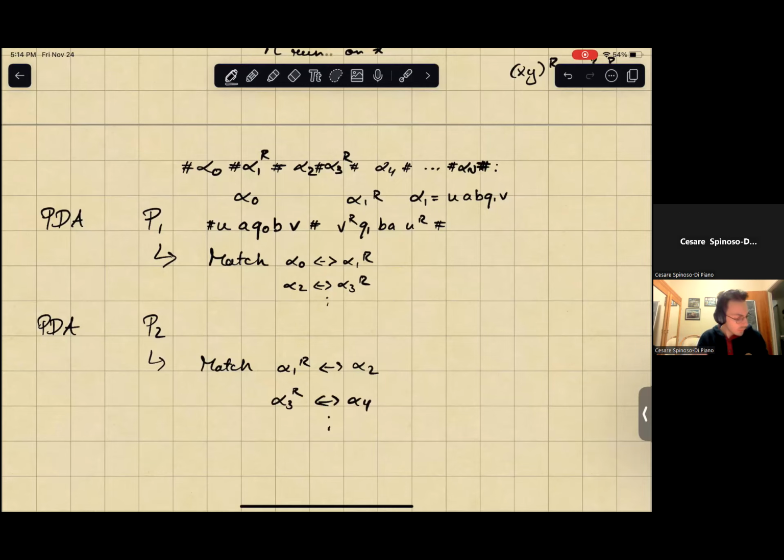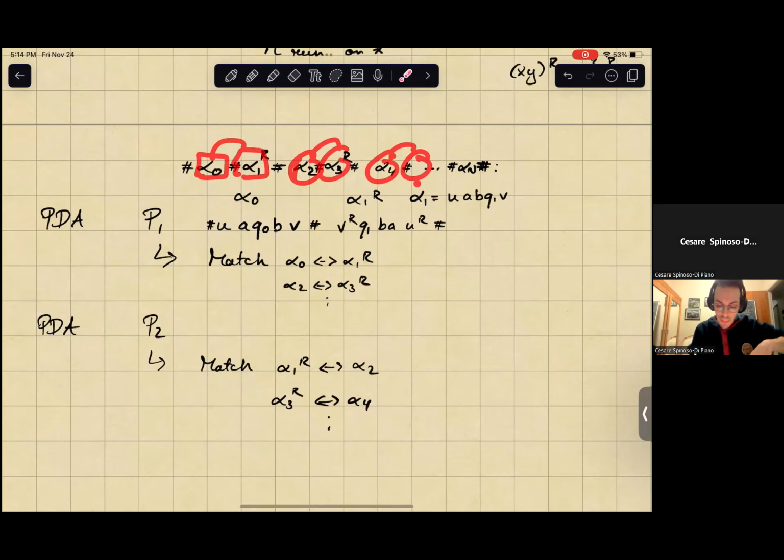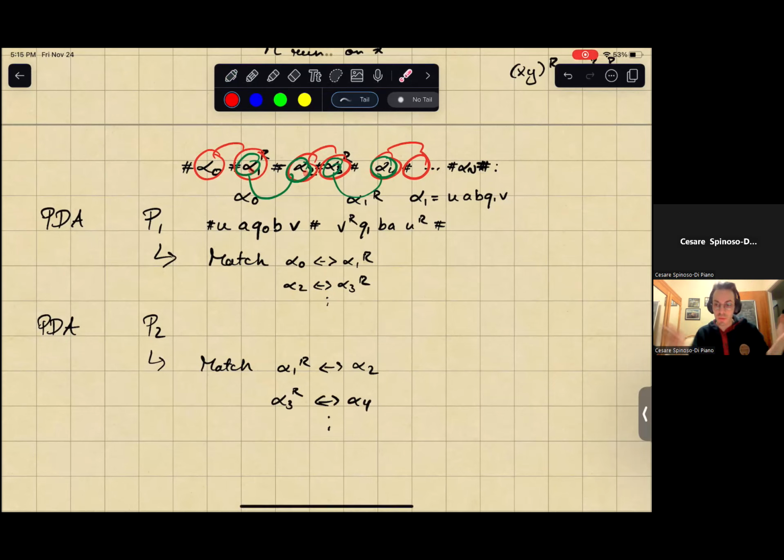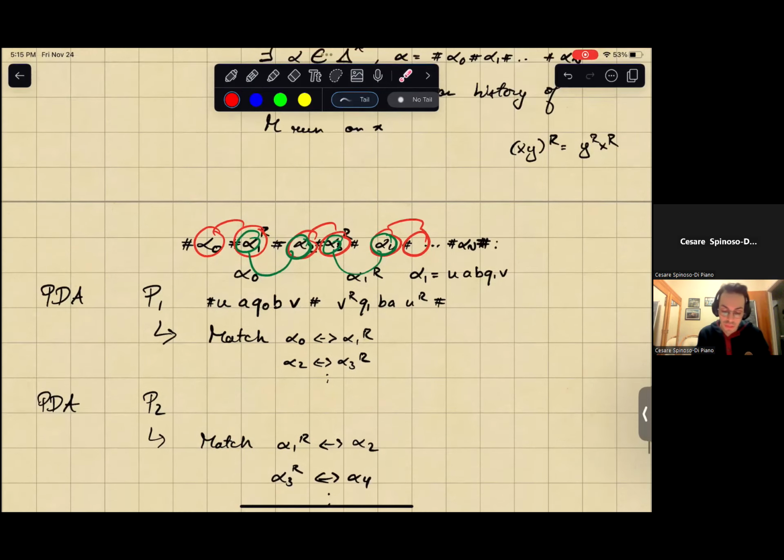And the idea is if you match the even with the odd positions, so this part of the string, and you also match, so let's see if I can do this. Let me use some colors. So if you match these guys together, and then you also match these guys together, then there's a transitivity argument you can make, right? So if this matches with this via P1, and then this matches with this via P2, then if you have a string which is accepted by both P1 and P2, then that means that it's originally in valcomps2,